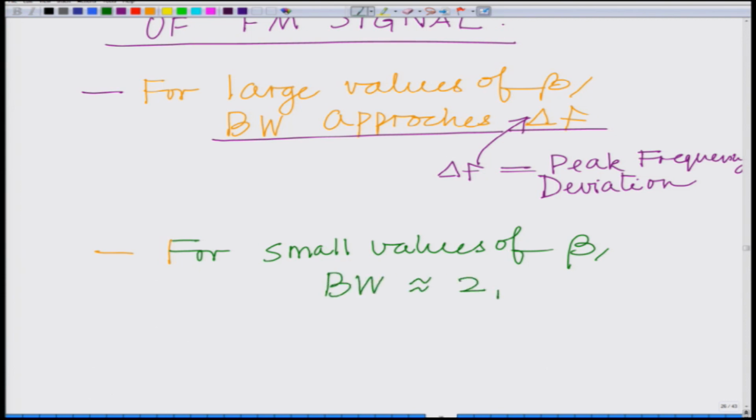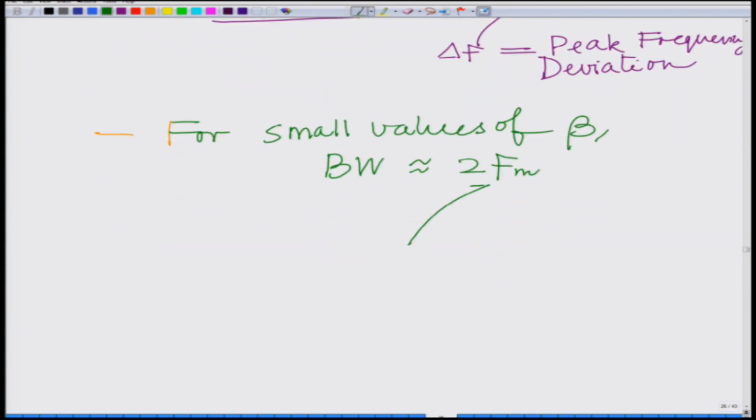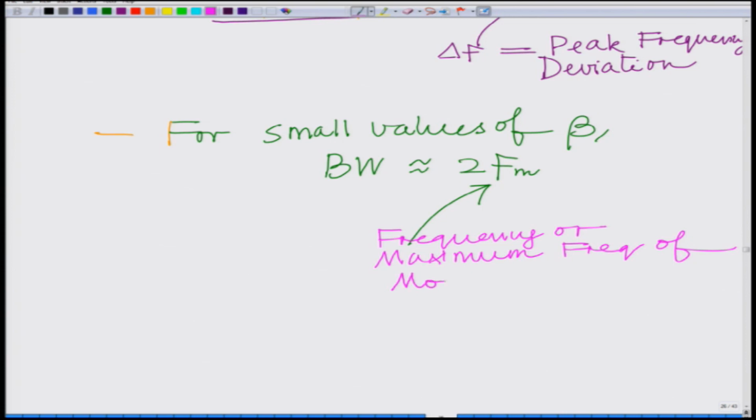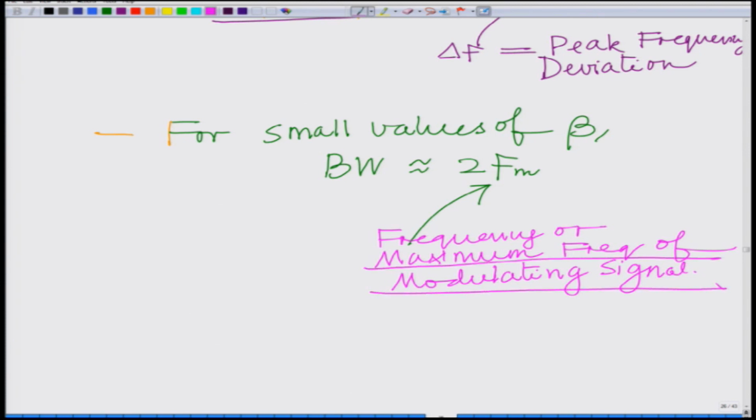is approximately 2 fm. So, 2 fm, remember fm is the frequency, or you can think of it as the maximum frequency of the modulating signal. Okay. So, what we have seen is that the bandwidth occupied by the FM signal significantly depends on